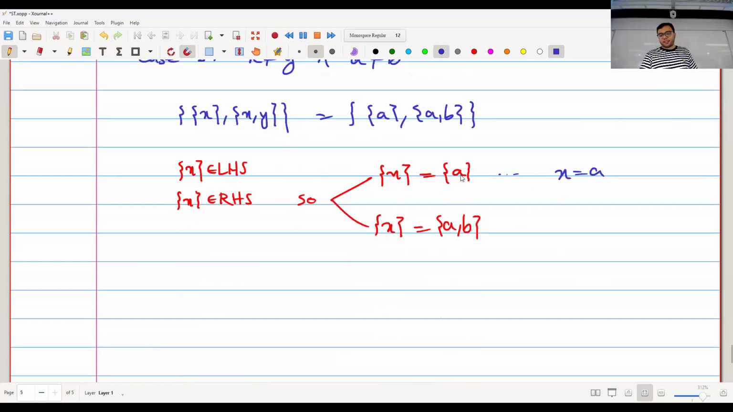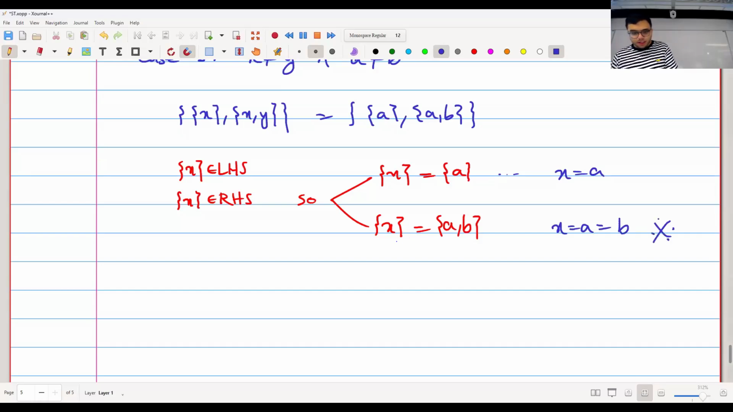So A is a member of the right-hand side. It has to be a member of the left-hand side. A is equal to X. In this case, actually both A and B have to be equal to X, right? Because A is a member of the right-hand side. It has to be a member of the left-hand side. It has to be equal to X. The same thing for B. B is a member of the right. It has to be a member of the left. So in this case, I actually get that X is equal to A is equal to B, but this is